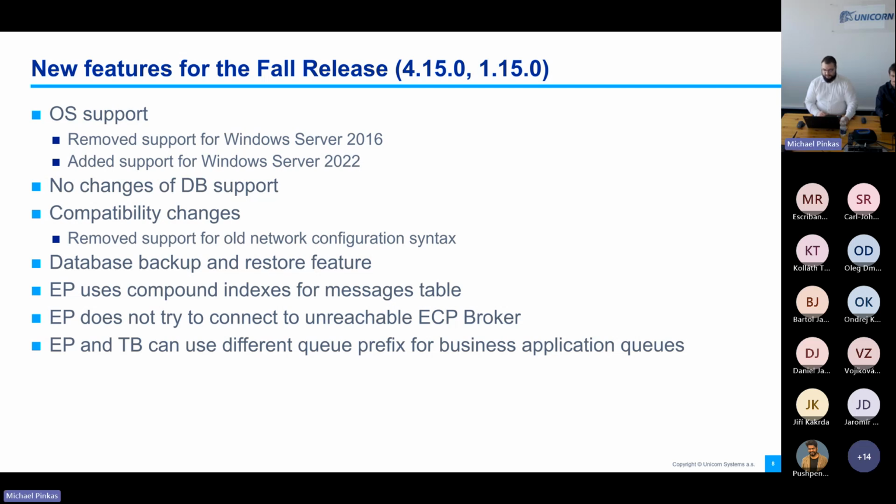Again, any questions regarding this release? Well, no. So